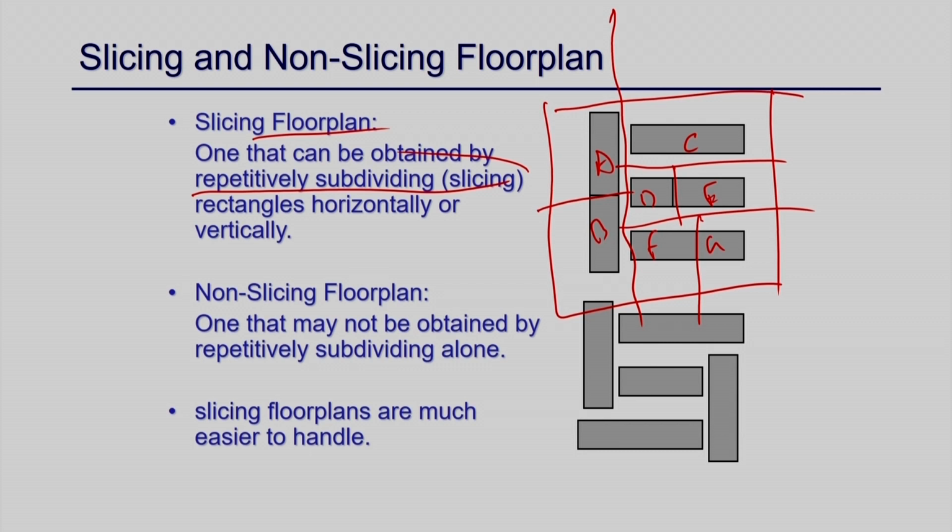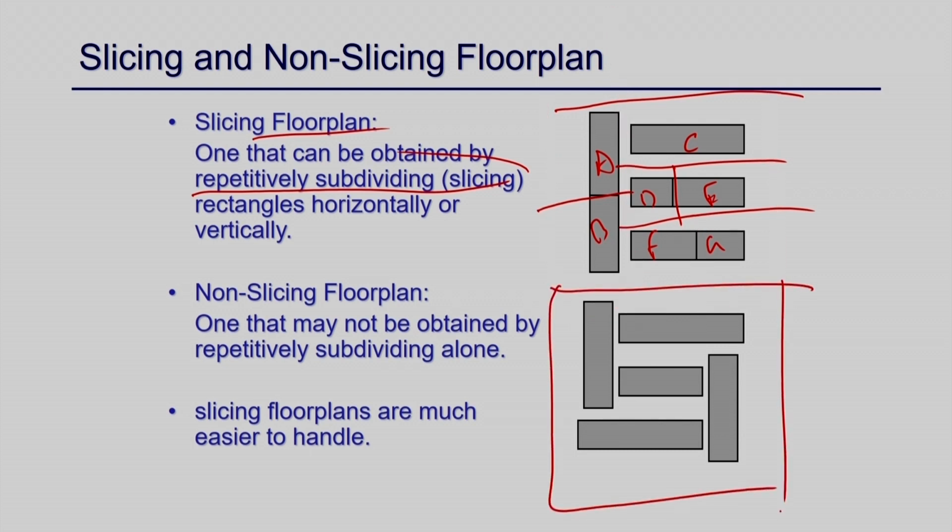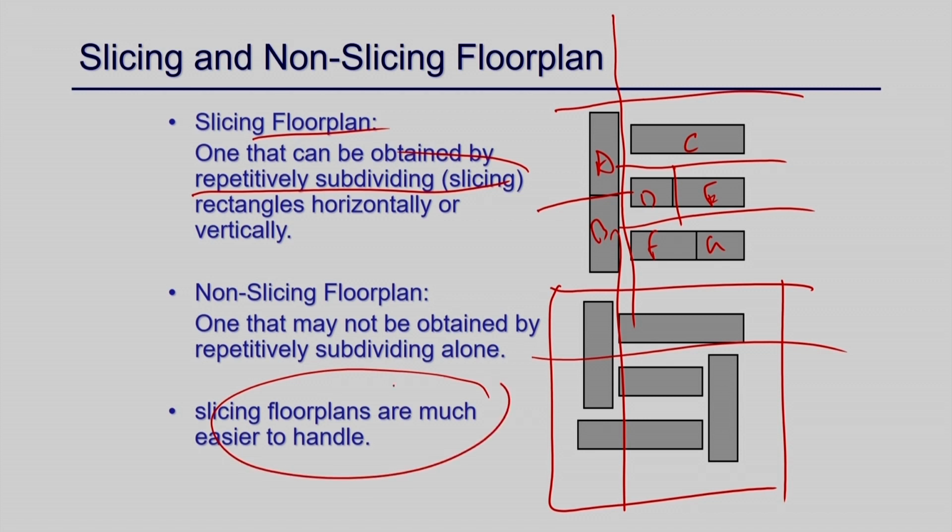On the other hand, if you look into this one, this is not a sliceable one, because you can see that I cannot make this kind of partition. If I try to make it, this will partition here. So this is my component now. This is also not sliceable. So I cannot make this kind of bipartition here, right? Here I make a bipartition like this, but here I cannot make such a thing. So this is non-sliceable. So it is generally good practice to make a sliceable floor plan.